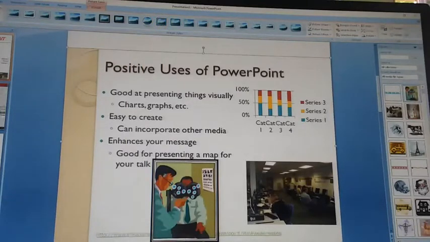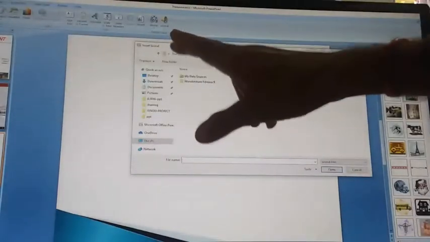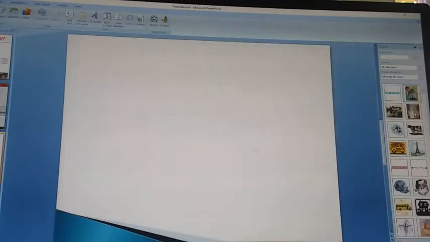OK. So now we can add sound, audio, sound from file. Just go to insert, click and then the insert sound option. Then a dialog box like this will come. You choose one song, audio for your presentation, then open, click. OK.